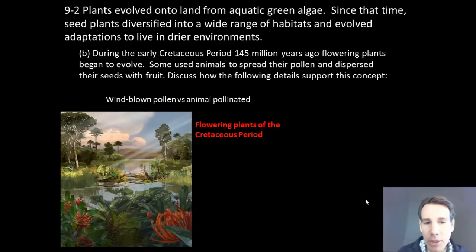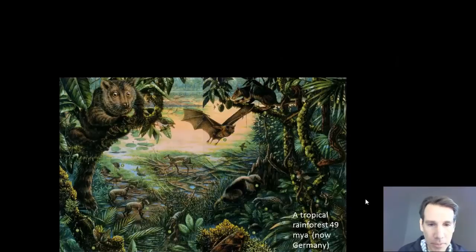Alright, so now we're going to look at the Cretaceous period. So we're at the end of the Mesozoic era, so there's still dinosaurs around at this time. And so we would find flowering plants, as paleontologists find these type of fossils in various places in the world today. And so after the end of the Mesozoic era, flowering plants continue to diversify. So here we're looking at a place in Germany. This is tropical rainforest 49 million years ago in a place near Frankfurt. This is actually a fairly famous fossil site called the Messel Oil Shale. And it's like a whole ecosystem that has been preserved in this place in Germany.